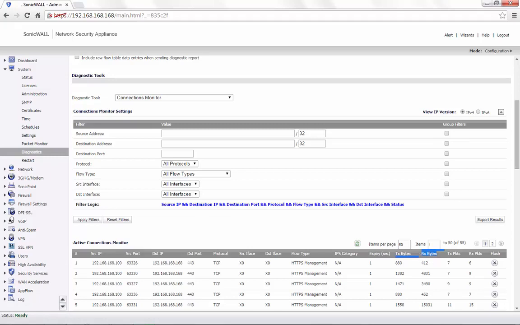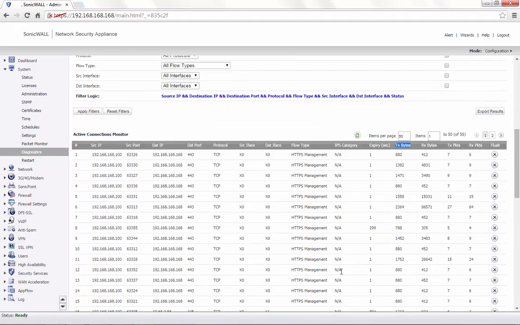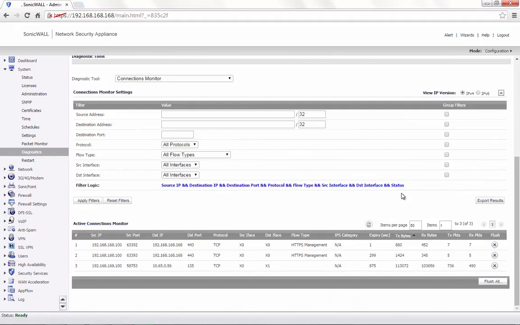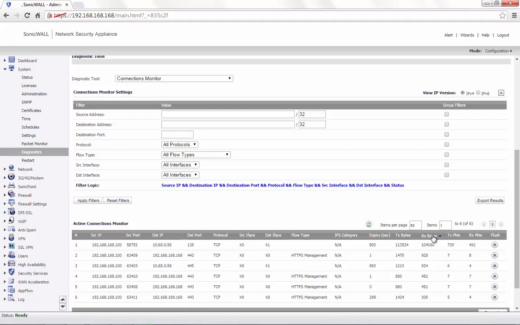The value RX bytes stands for bytes received or download, and TX bytes for the bytes transferred or uploaded. All these connections can be sorted based on the TX bytes or RX bytes. By clicking on the TX bytes once, you can arrange it in decreasing order or increasing order. Similarly, with the RX bytes, you can arrange it in the increasing order or the decreasing order of RX bytes